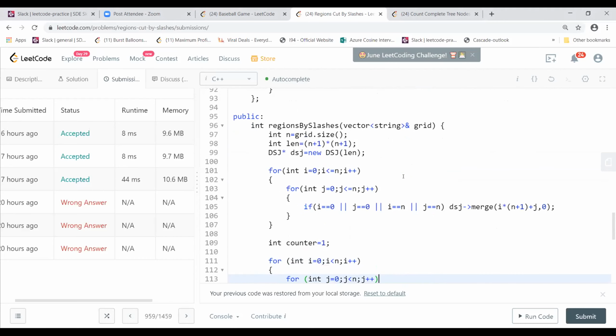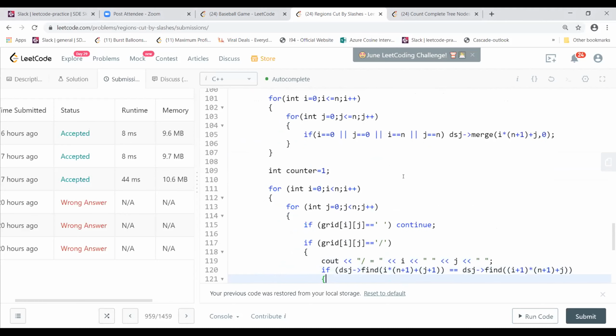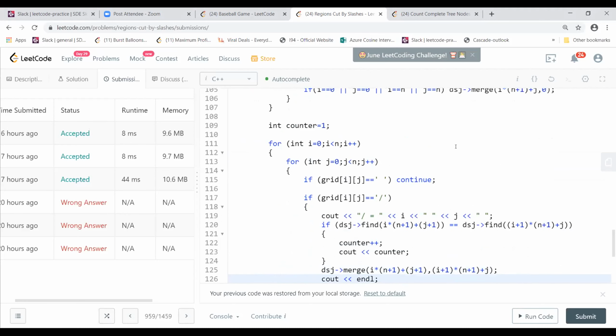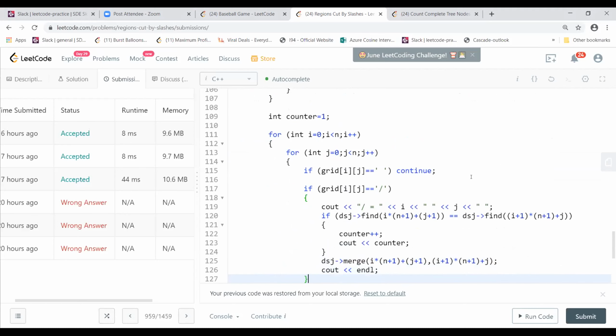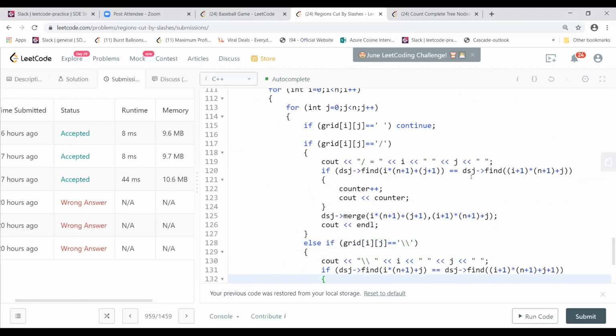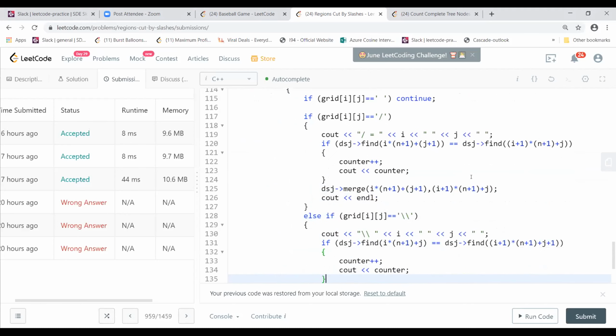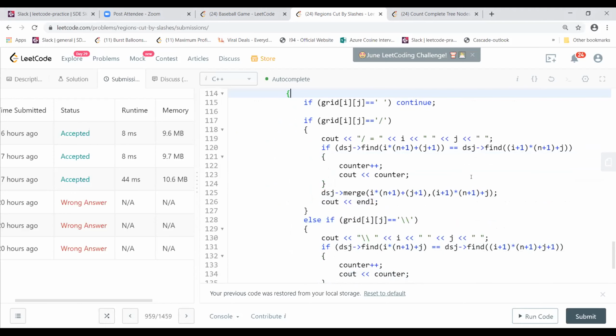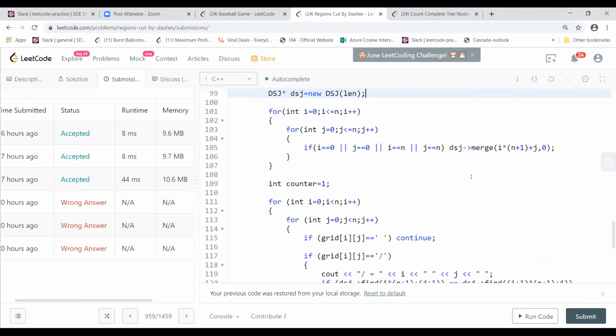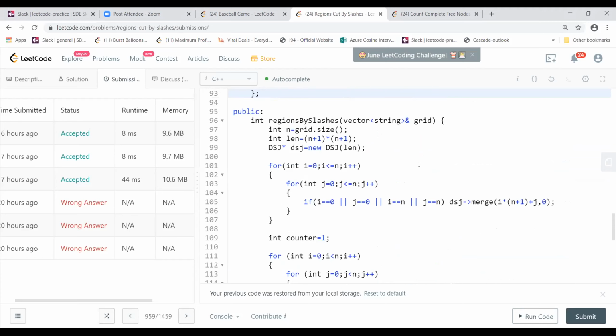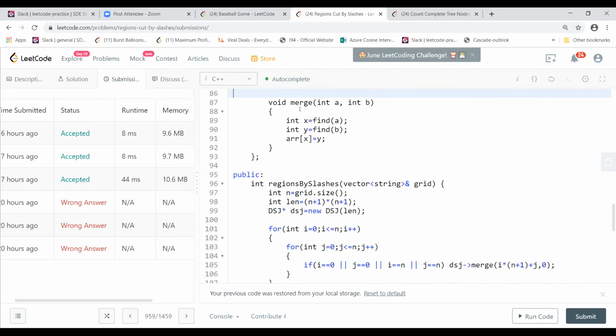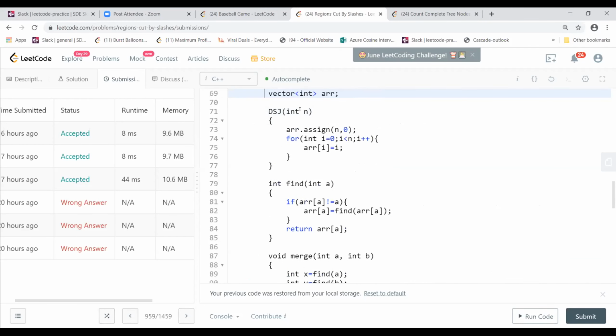It might be slightly better to understand in the code, but I was trying to show you the way it is written in the code. So at least looking at that, when you come here, you might be able to understand it. So just bear with me for a minute. Okay, so this is our class. This is our functionality point. And I'm using this DSJ. This is another class, the union find class. I'll just quickly show you what this class is.